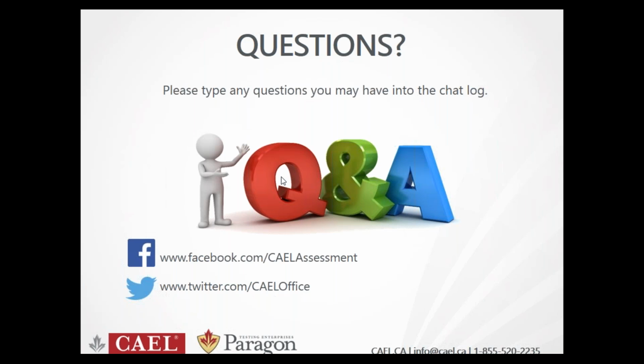Don's asking how many test takers are in a center at one time. It does depend on the test center, so there could be 30 test takers at once, there could be 10, it really depends on the test center, how many computers it fits for the oral language test, and just how many test takers are registered as well. But the test is taken in a group sitting, so the reading, the writing, the listening, and even the speaking test are taken in a group sitting. So it's not that you talk to other test takers in a group sitting, you are taking the test independently by yourself, but there are going to be other test takers there taking the test at the same time.